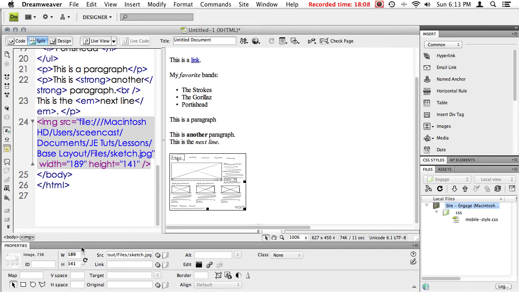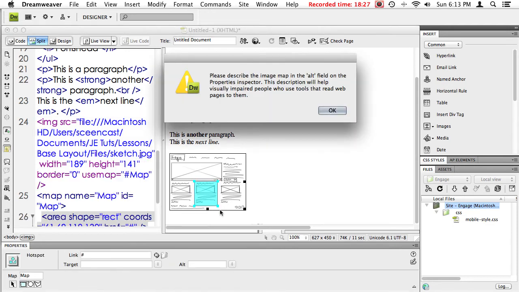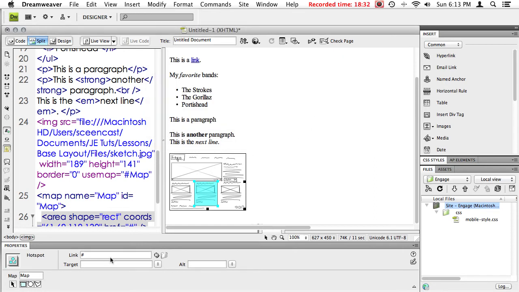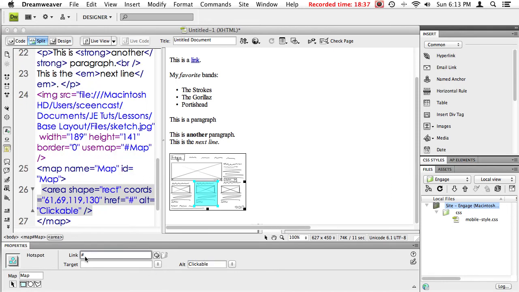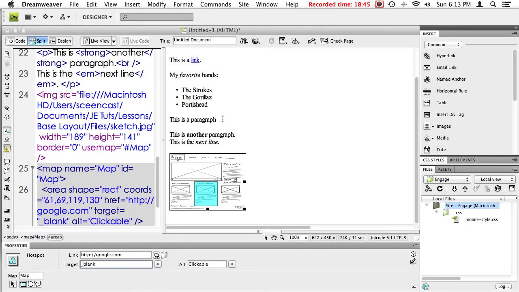So when I click on this image, I have all kinds of options down here. I can give it an ID. If I want to make certain parts of the image clickable, I can create an image map, and I'll just do that real quick. So I'm going to use this rectangle tool. If I just want this part of the image to be clickable, I'm going to click and drag a rectangle here. It says, please describe it with an alt field. So I'll say OK. I'm going to say clickable down here. And then it's asking me where I want to link to. I'll have that link to google.com, and in a blank